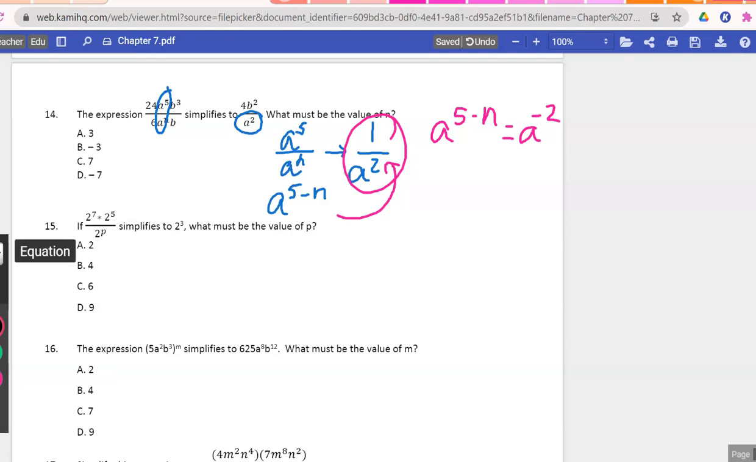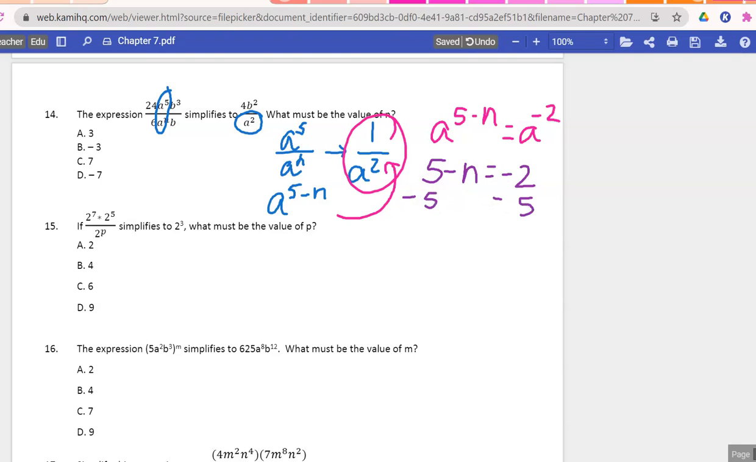So now you know that 5 minus n equals negative 2. You might want to solve this like an equation. You might already know which answer you're going to pick. If you solve it like an equation,